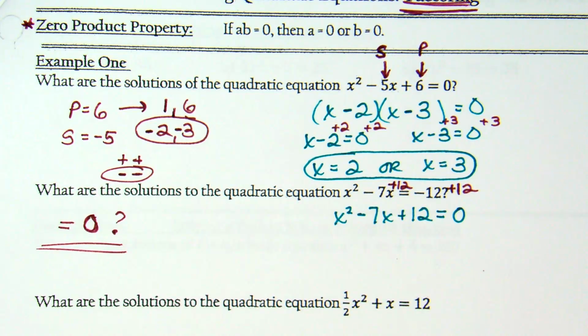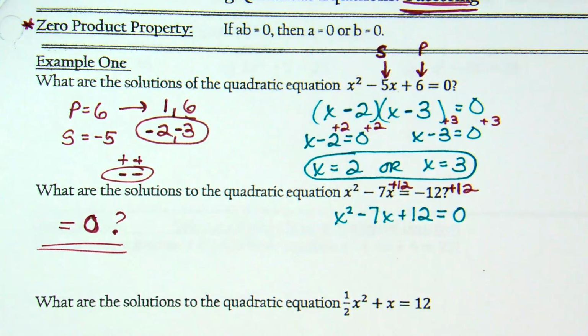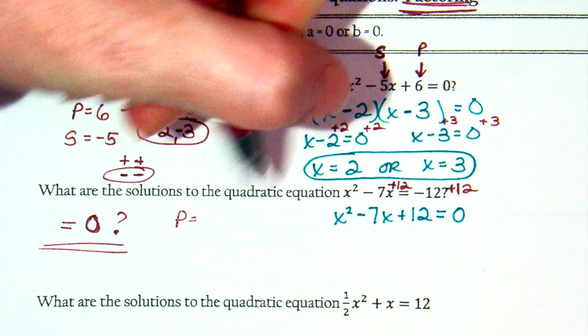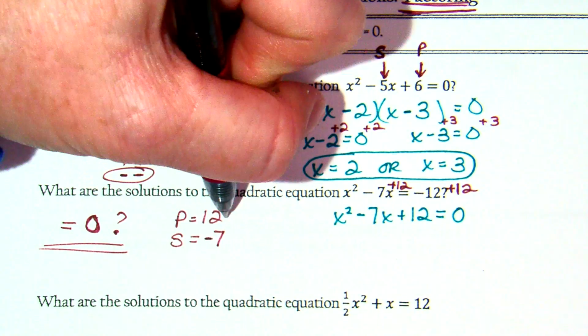Similar to my process from last time. Yeah. I've got an equation equal to 0. Notice it's x squared plus bx plus c. So I need a product of